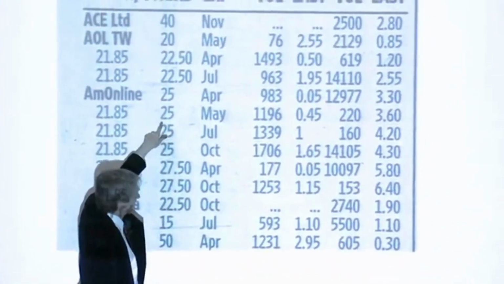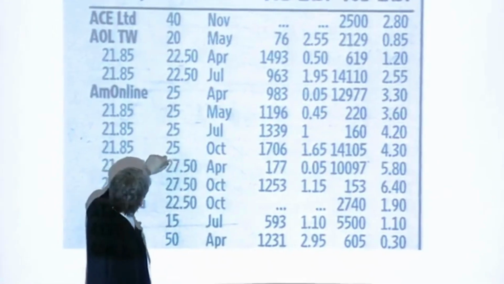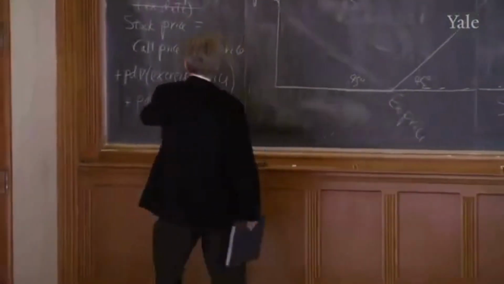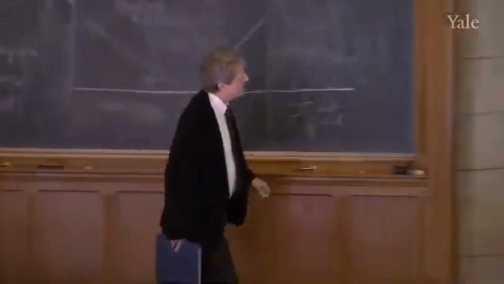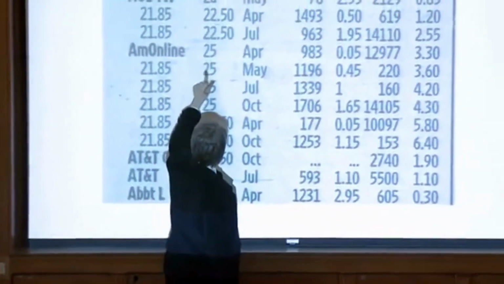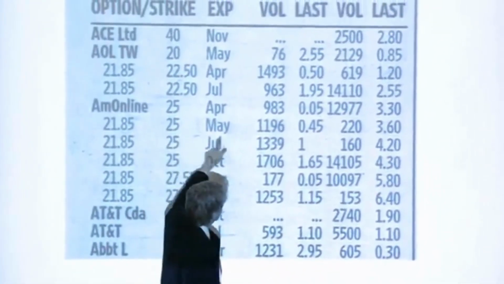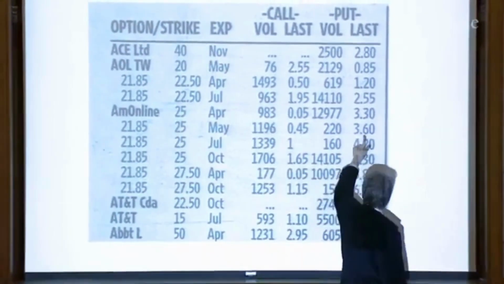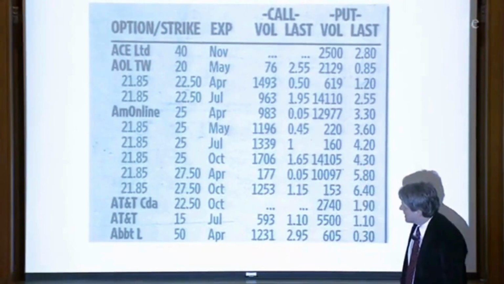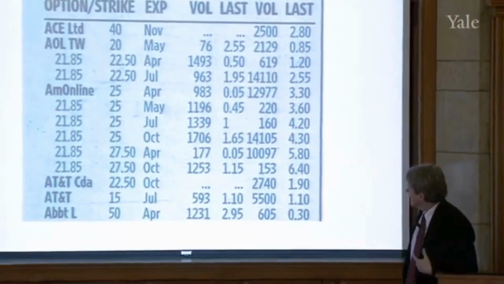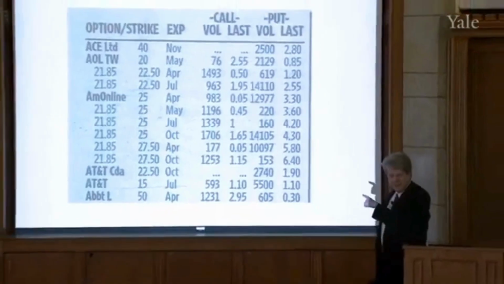Let's consider the one that I can reach. Let's see, the strike price. Okay, this is the stock price. So what do I have? The biggest thing here is the strike price, the exercise price. So we want to do $25. We'll do this line, $25 plus 45 cents minus $3.60. And I'm assuming there's no dividend paid between now and May. It comes out very close to 21.85.